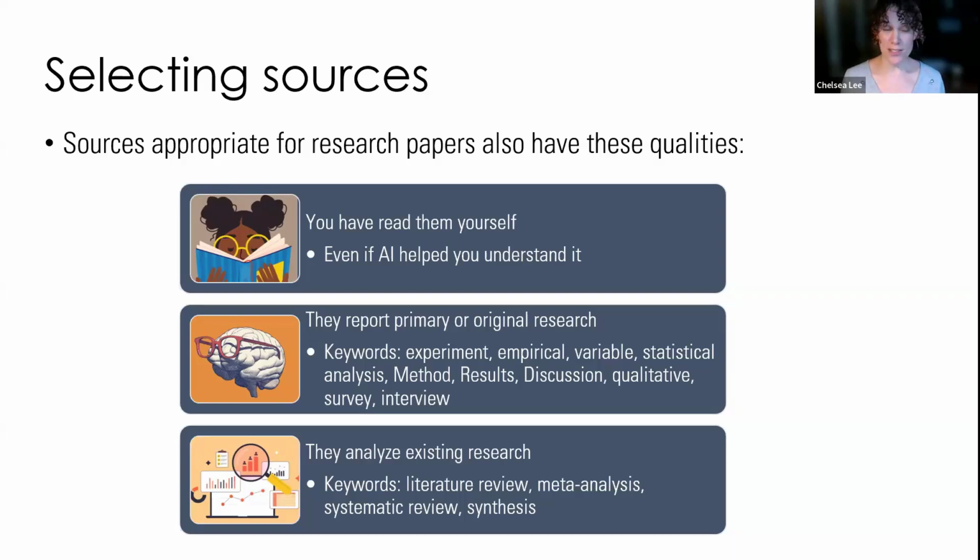Other qualities of sources to look for, or to encourage students to look for, are primary or original research, or research that analyzes other existing research. That would be something like a literature review or a meta-analysis. And so on screen are some keywords that you could give to students to say, hey, look for these words